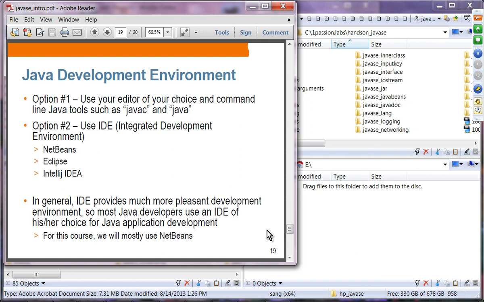In general, you're going to use an IDE 99.9% of the time. But today we are going to build a Java application using command line tools to get a sense of how things work underneath. From sometime this afternoon, we are going to use an IDE 100%. By the way, as I said before, we're going to mostly use NetBeans. But if you're familiar with Eclipse, feel free to use Eclipse for this course. That's perfectly fine.